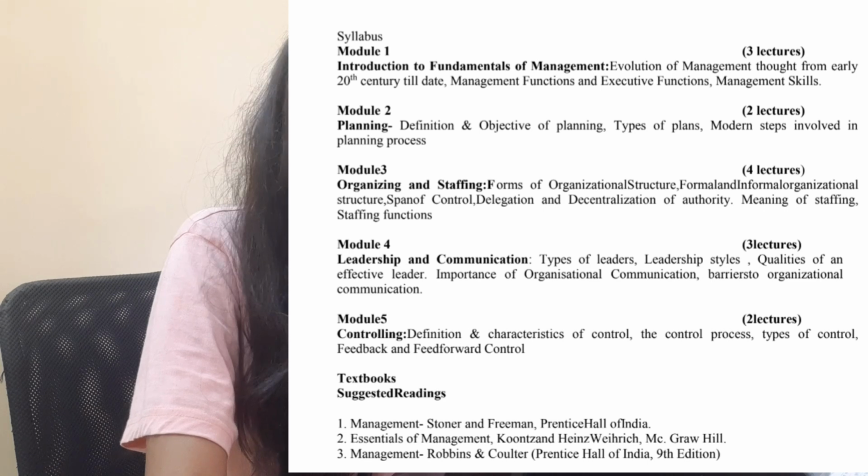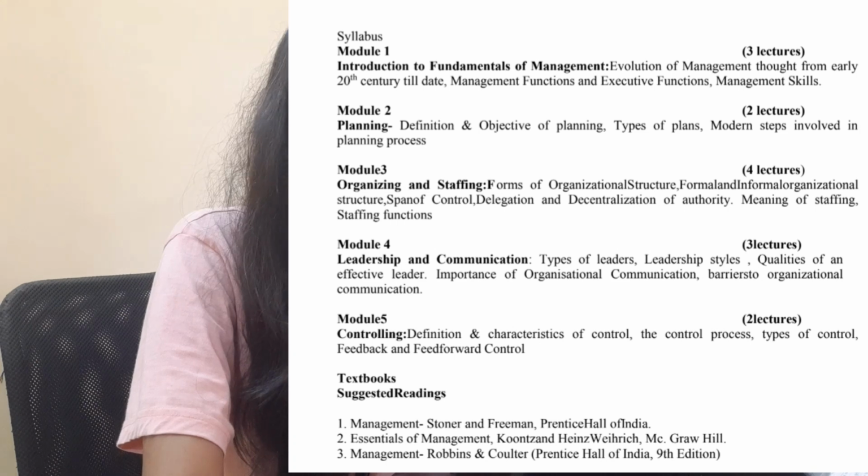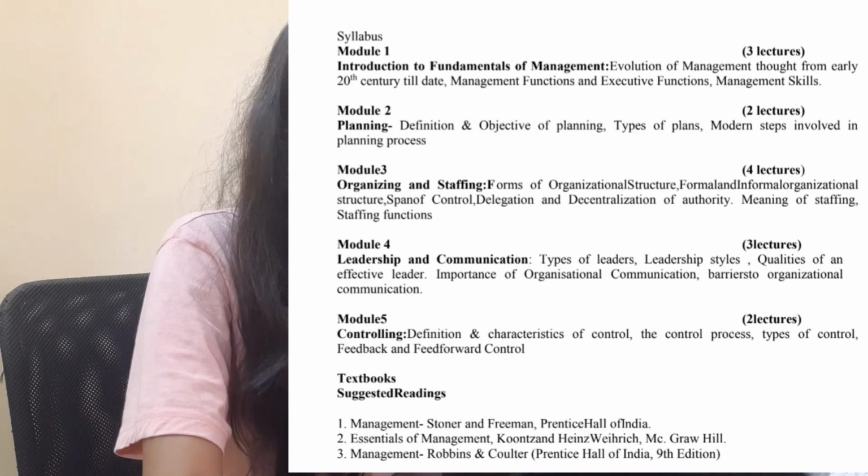Now the fifth module is controlling, in which you will have to study definition and characteristics of control, the control process, types of control, and feedback and feed forward control. So these are the 5 modules of organization and management. Next we will talk about